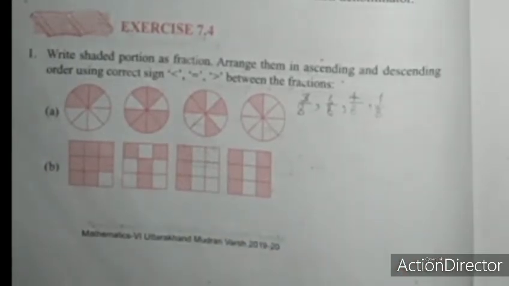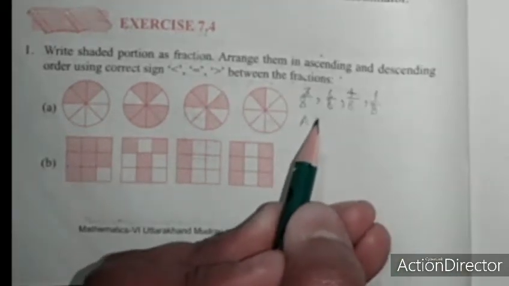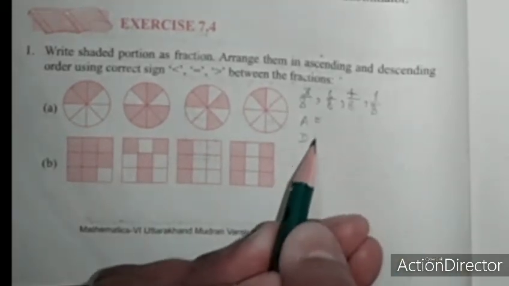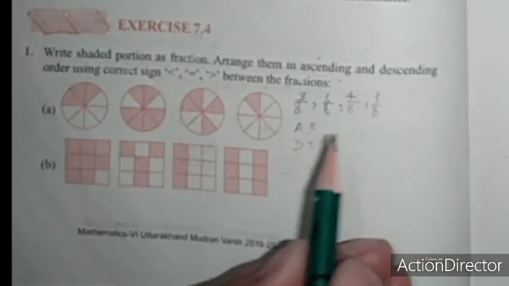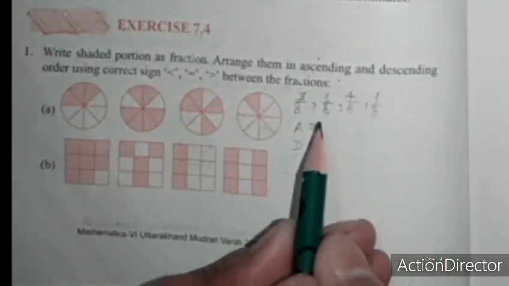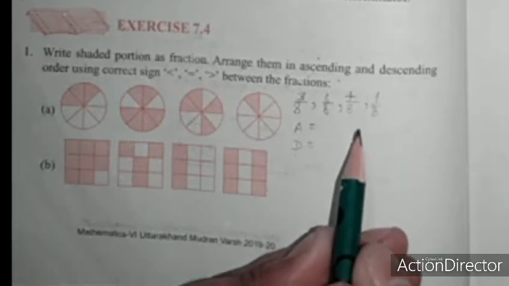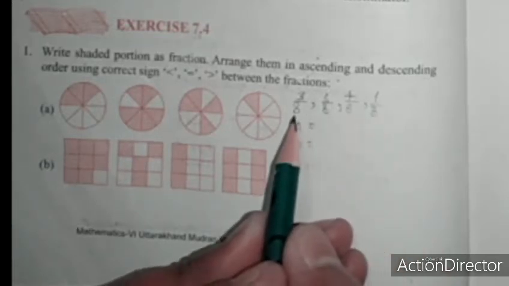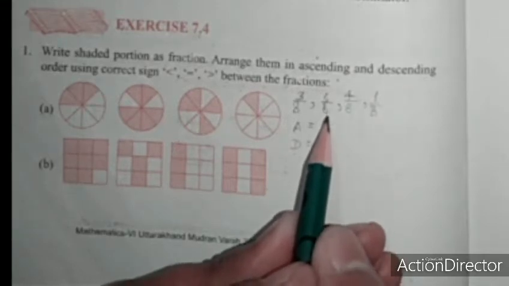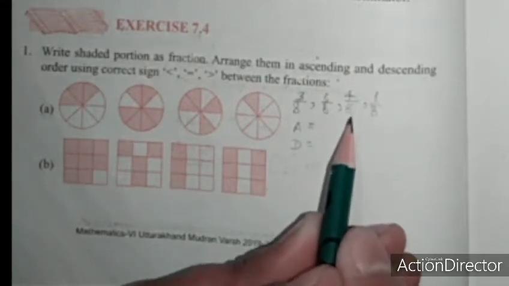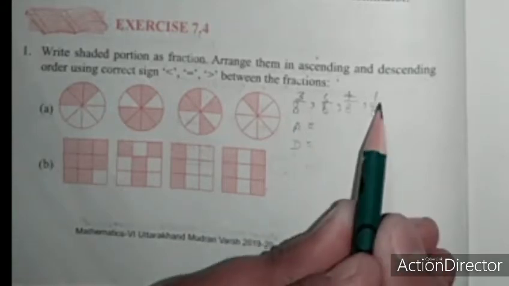Now students, the question is, here we arrange all these fractions in ascending as well as in descending order, right? And you all know which fraction is greater in like fractions? The fraction having the greater numerator. So out of these, which fraction has the greater numerator? 6 upon 8. This one is greater than 4 upon 8, then 3 upon 8, and the last one 1 upon